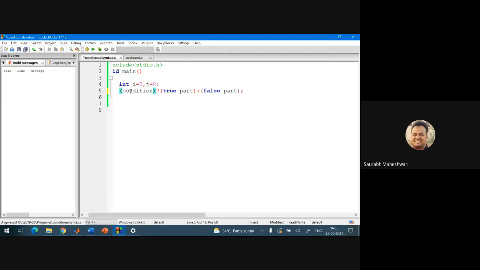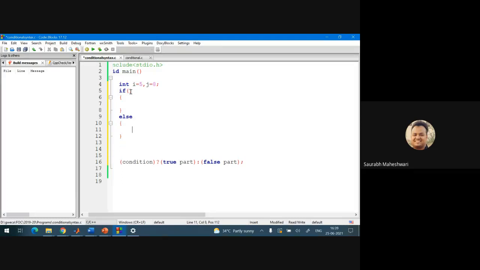So it is like if only. In if, there is a condition, then we have the true part, and with else we write the false part.